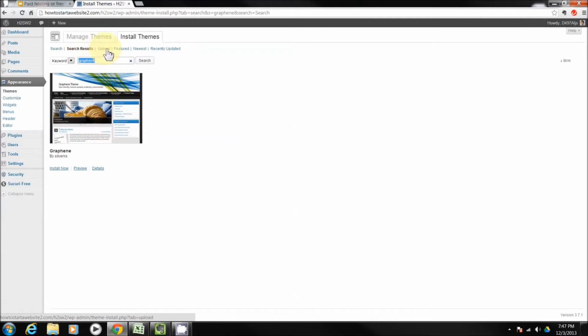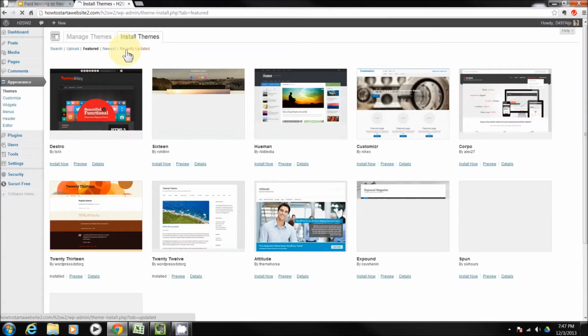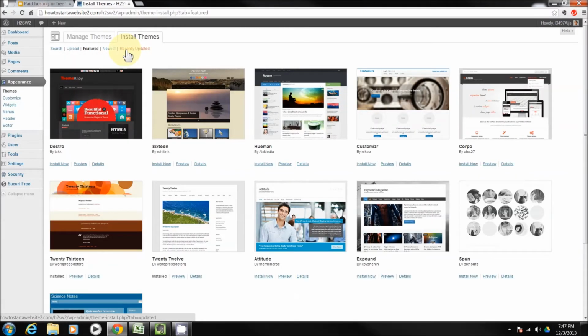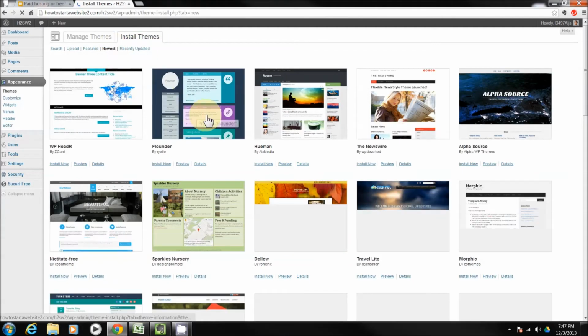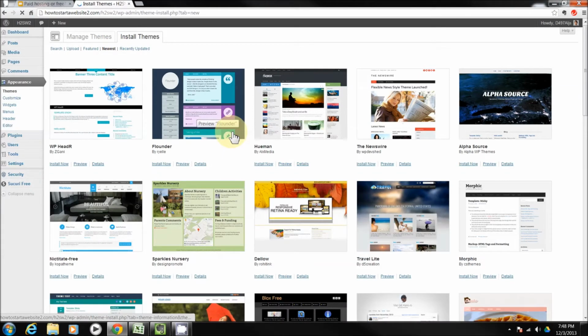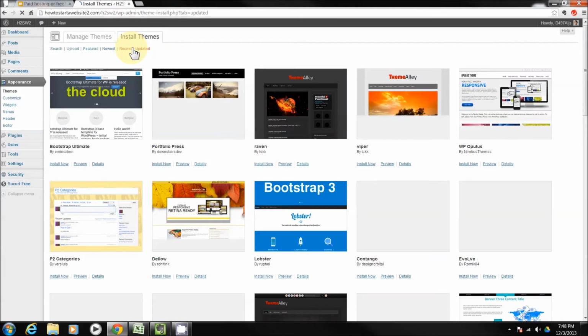You can also search by the select few that WordPress has featured, by the newest added themes, or by themes that have been recently updated,